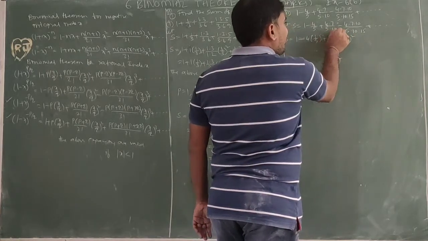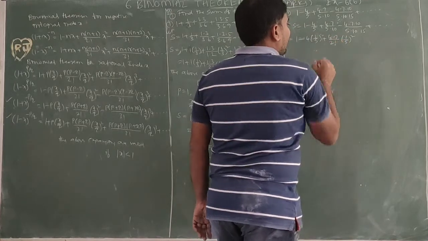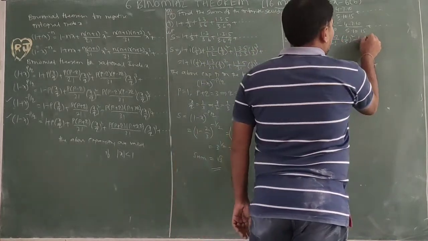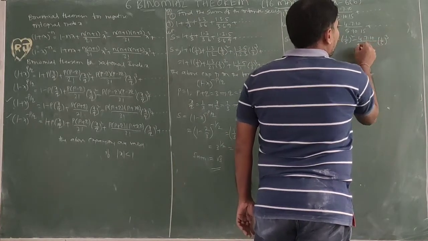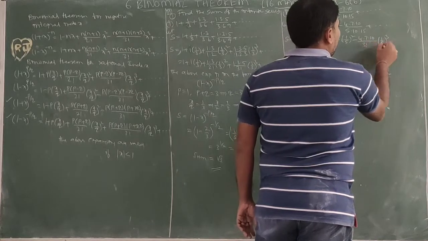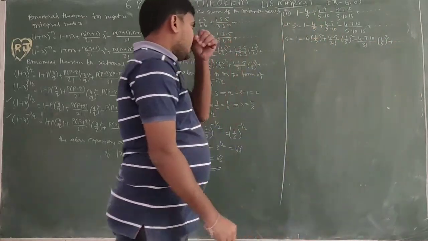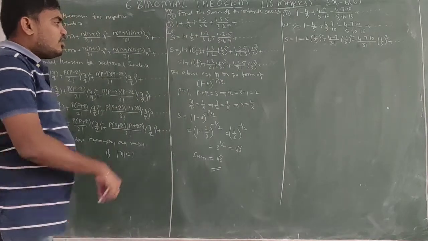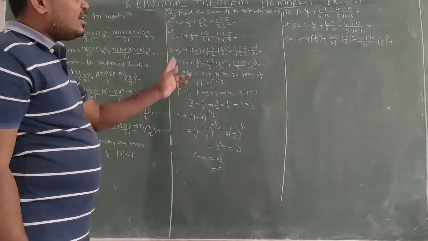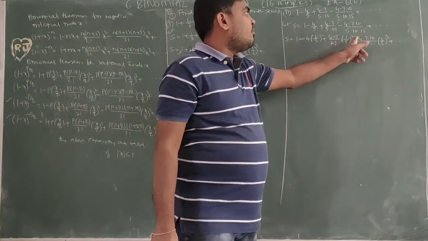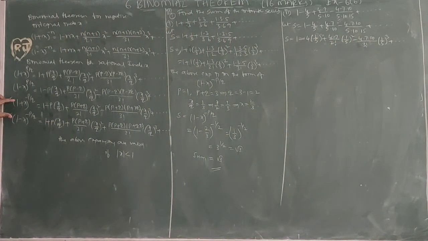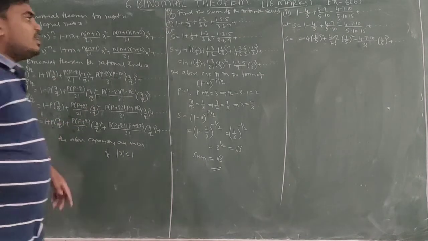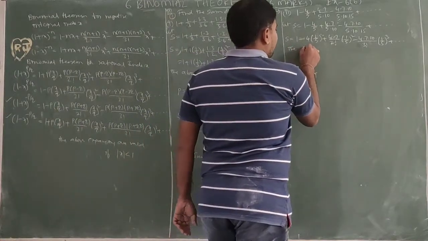If we are taking 5, 5, 1, 2 is nothing but 2 factorial minus 4, 7, 10 by 1 by 5 whole cube, 1, 2, 3, 3 factorial plus up to so on. Now, after this one, the signs alternate plus and minus and the terms are increasing, 4, 7, 10 like that. So when terms are increasing with alternating plus minus signs, we are taking this formula. This expansion, the above expansion